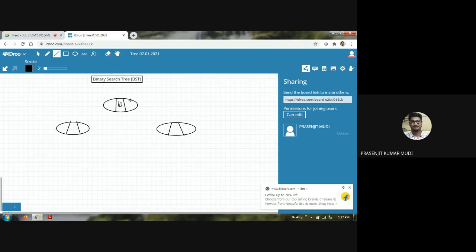Right. Now this is a root node of which the value is 10. So I can call that root node as node 10, means its value is 10. Since it's a binary tree, a node can have maximum 2 children. So that means it can have maximum 2 pointers, a left pointer and a right pointer. The left pointer is pointing towards its left child, and its right pointer is pointing towards its right child.